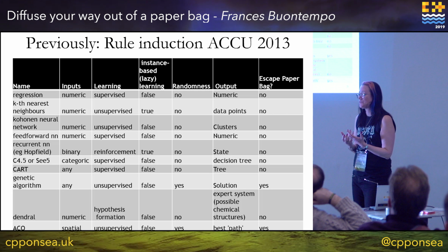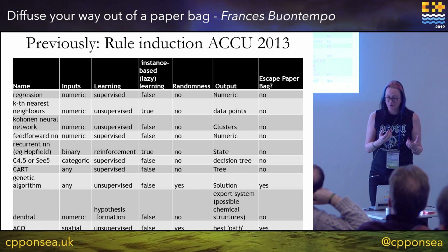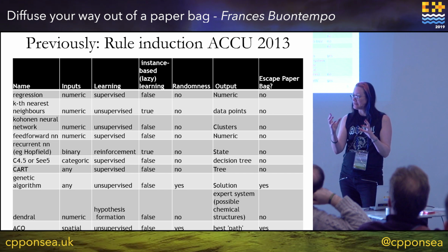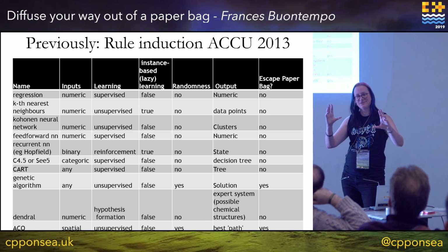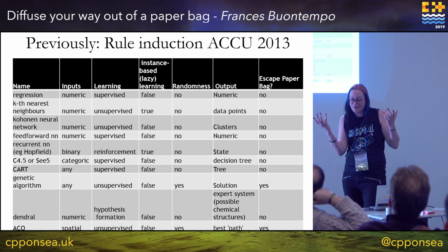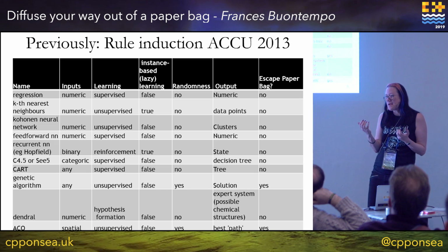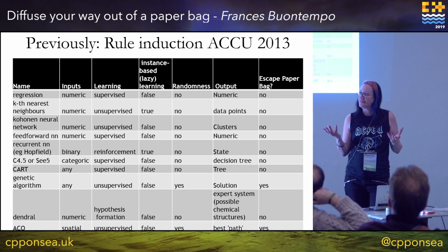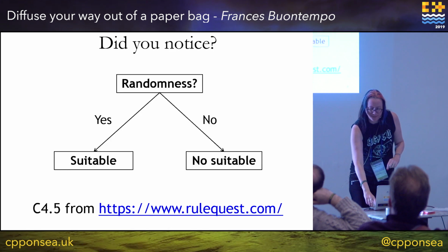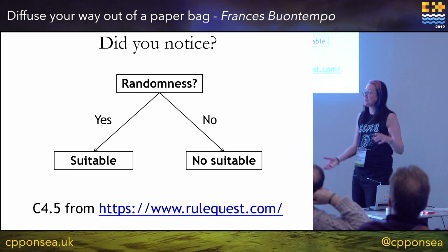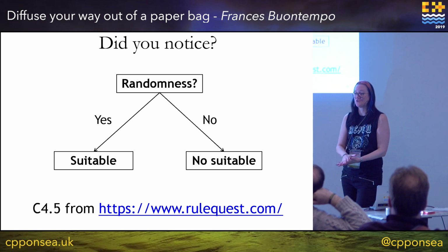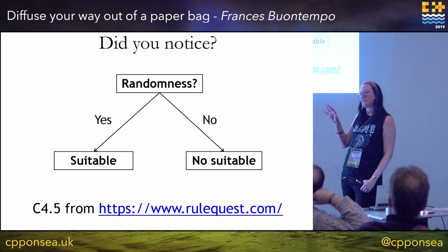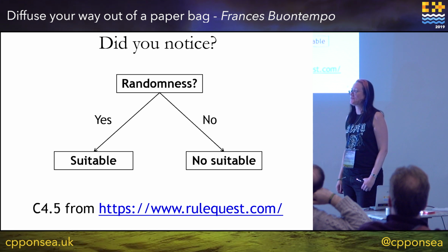Some of these algorithms involve doing something random. Sometimes they don't. Some of the outputs, you get some numbers out, or maybe you get data points out. And if you get data points out, then you're doing something in space, so perhaps that works. Would it escape a paper bag or not? Well, I chose the last column, and I thought, wow, I don't know what to do. But my PhD was about decision trees, so I put my previous data set through a decision tree and went, oh, right, yeah. I seem to think that if I do something slightly random, then I can code my way out of a paper bag.